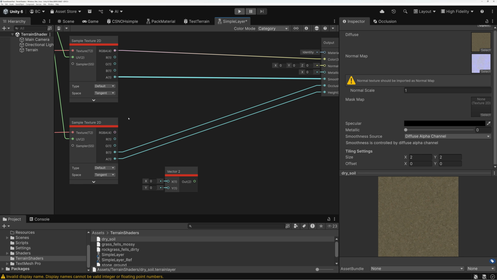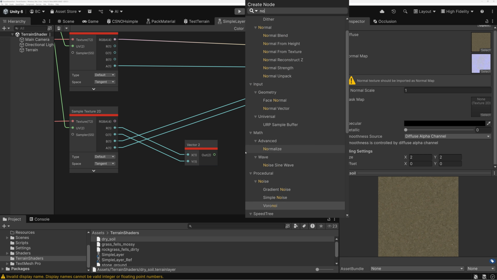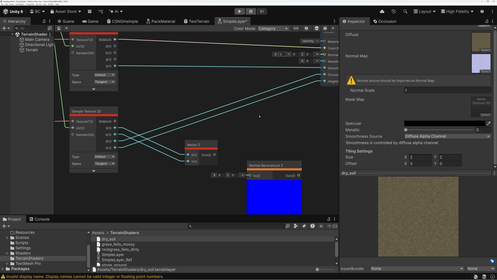First thing that I'm going to do is add a vector2 node, and I'm going to pass in my red and my green channel of my NOH texture there, just so I know I have my X and my Y now. And then the next thing that I need to do is regenerate the Z component, and I can do that with my normal reconstruct Z. And what this is doing is it's using the Pythagorean theorem to take my X and my Y. I know that my final vector is going to be a length of 1, and I know what my X and my Y value is, so I can do a little bit of algebra and figure out what my Z